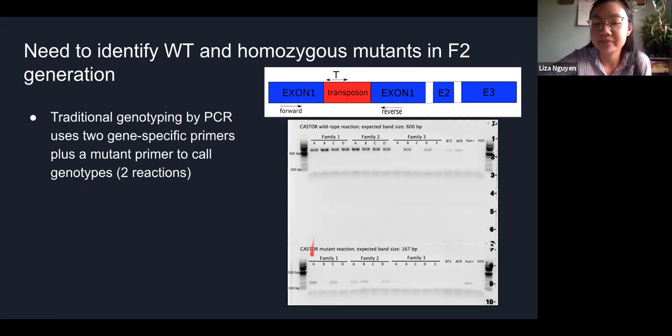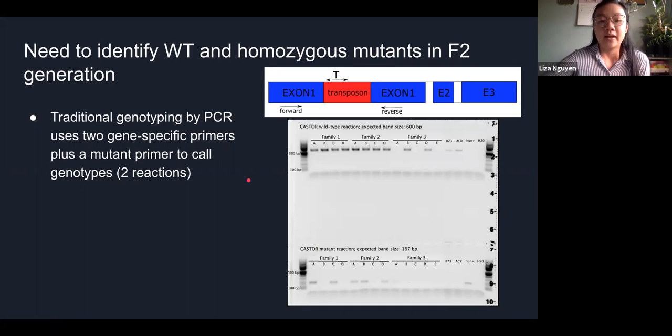So here, individual A from family 1 will be a heterozygote. Individual B will be only a wild type plant. C is also a heterozygote, and D will be a homozygous mutant. So this is one way that I can accurately identify the wild type and homozygous mutants